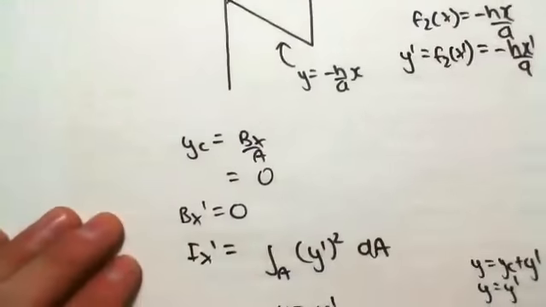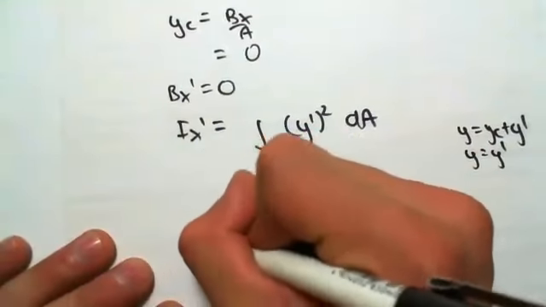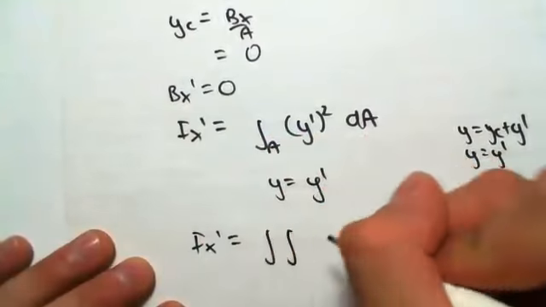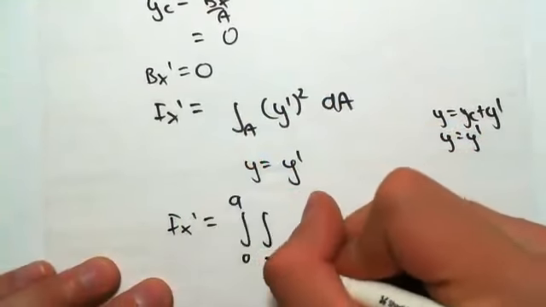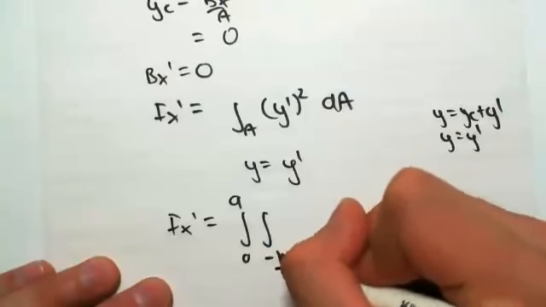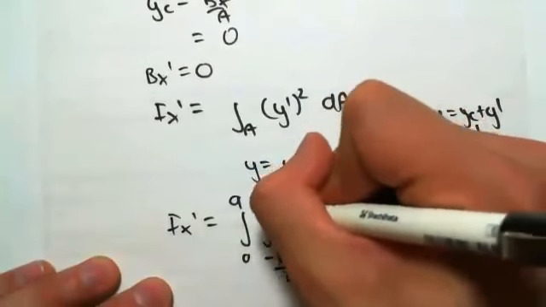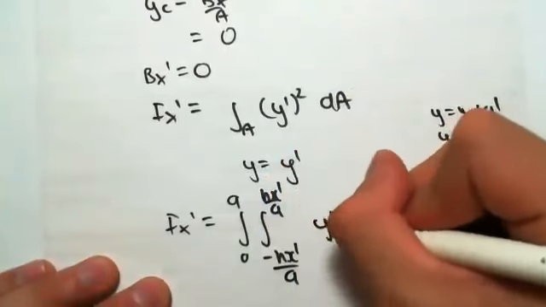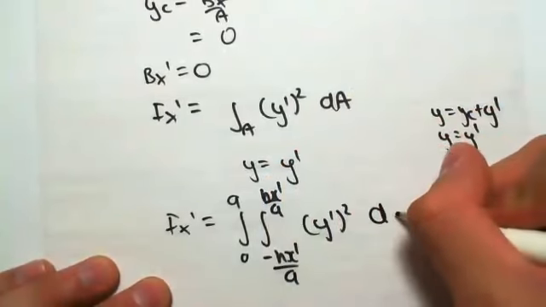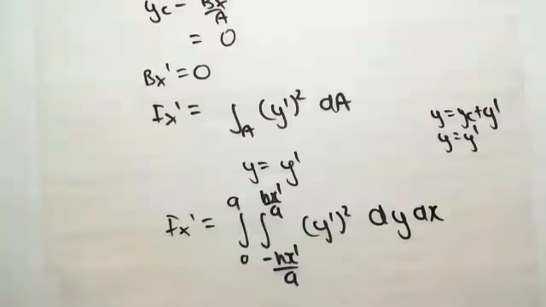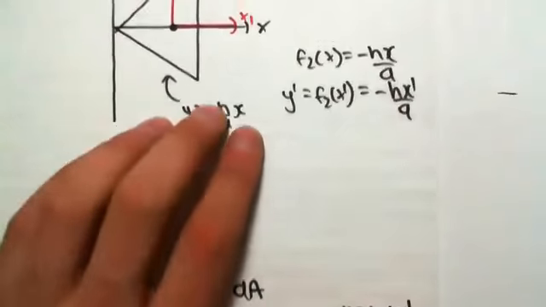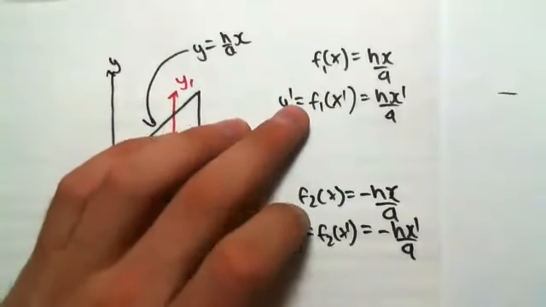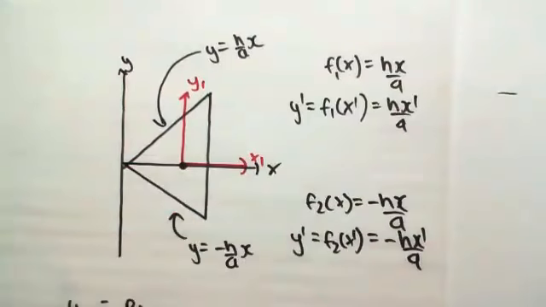So watch this. We're going to be going ix dash equals the integral from 0 to a of the integral from minus hx dash on a to hx dash on a, of y dash squared dy dx. So this is just using the same notation as over here, except now we're doing it for h dash. So y dash and y dash for function 1 and function 2. So if we were to do this,